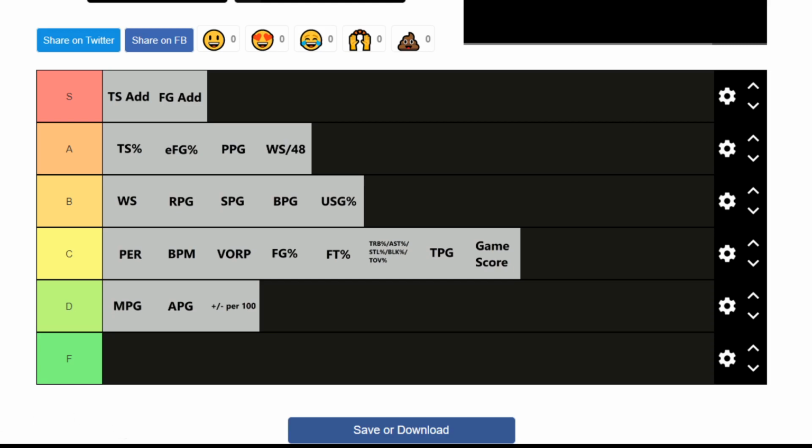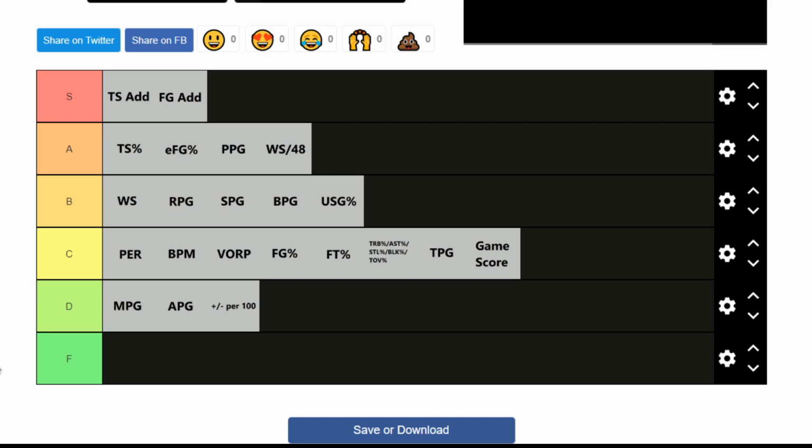I did not have any F tier stats, which makes sense. It was kind of dumb that I put F tier on here since I only picked stats that I actually use when I'm judging players. If I had to pick a stat from Basketball Reference to call F tier, I'd maybe say triple doubles. It's like a much, much worse version of game score, just a way of looking to see whether a player had a good game. There's not a lot of bad stats on Basketball Reference, just a